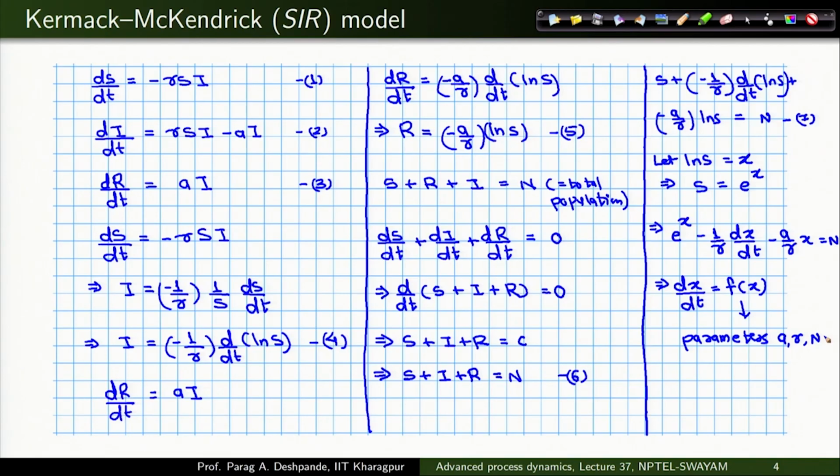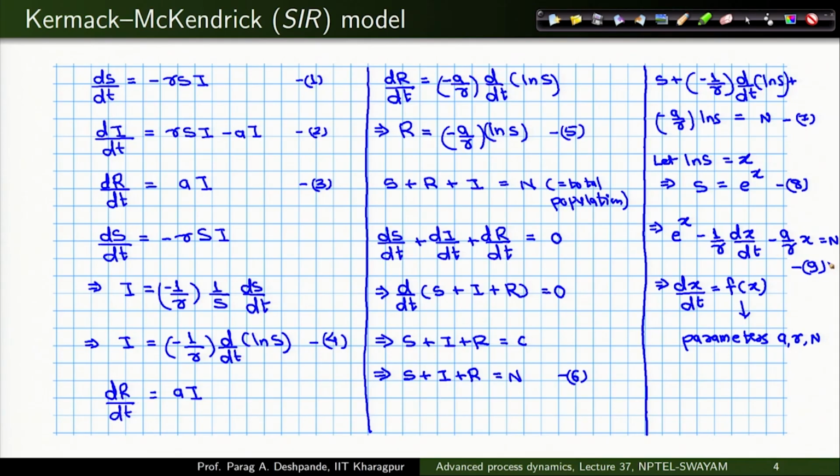So, what I will need to do is I will need to solve for x from this ordinary differential equation, first order one variable with a, r and n as parameters, and when I solve for x, I will then exponentiate it to get the population S. So, let me make it as equation 8. So, I will solve equation number 9 for x, substitute it in equation number 8 to get the value of S, which means it would give me the time dependence of variation of